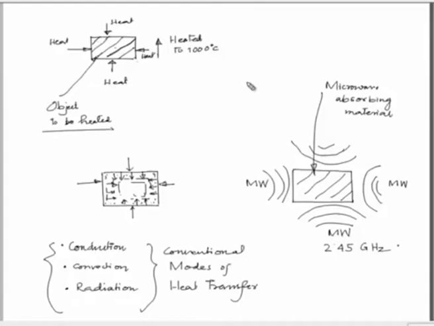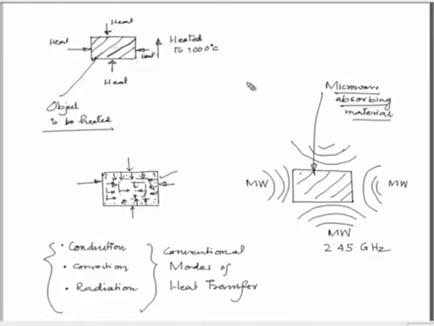Now, if the material is microwave absorbing as we have already assumed that it is, then unlike what we have seen in the case of conventional heating, where the heat energy moves from the outer boundary of the material to the inner boundary slowly like this,